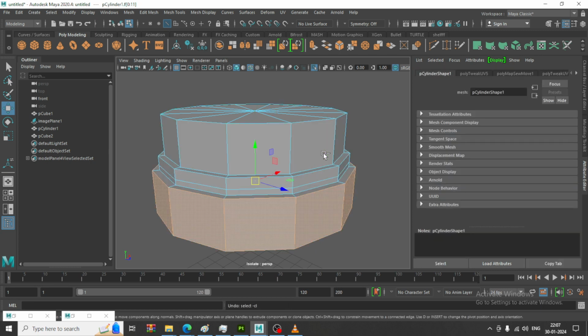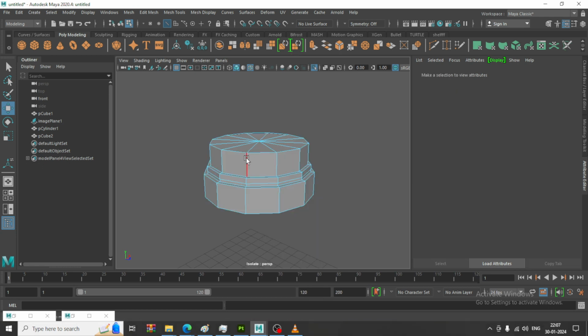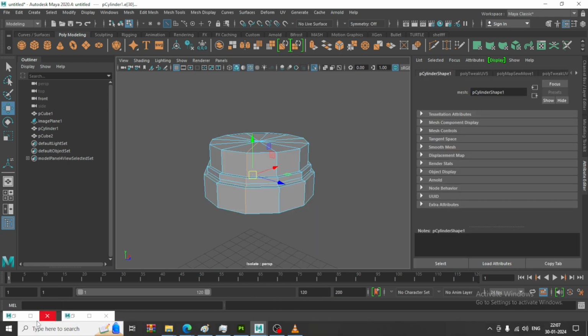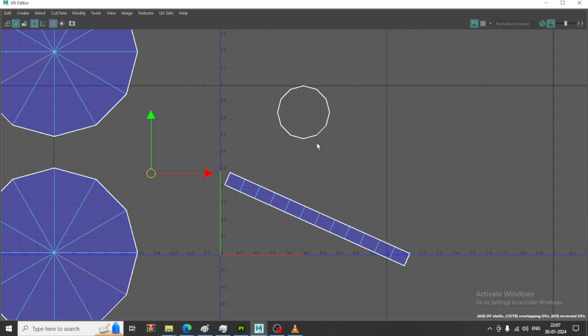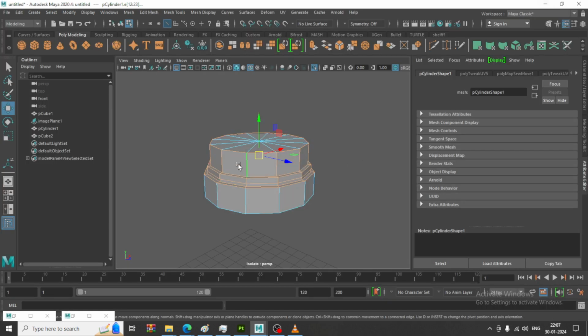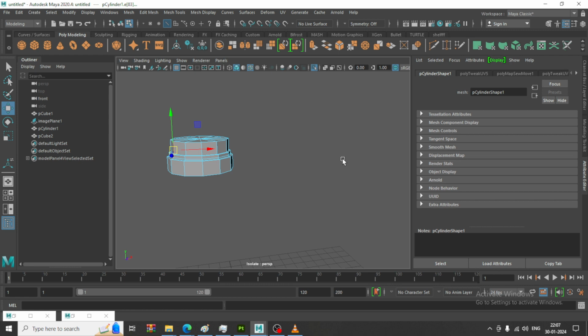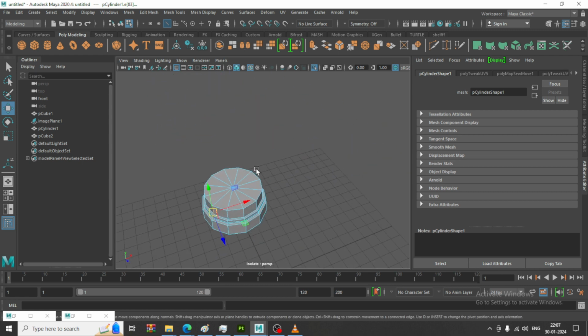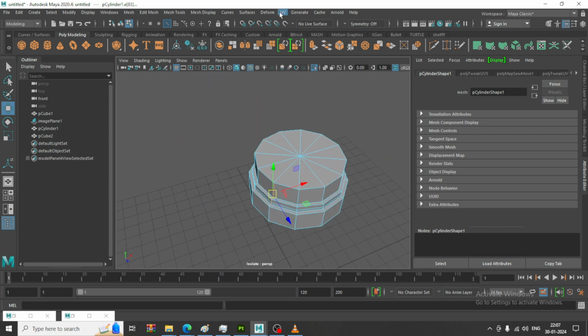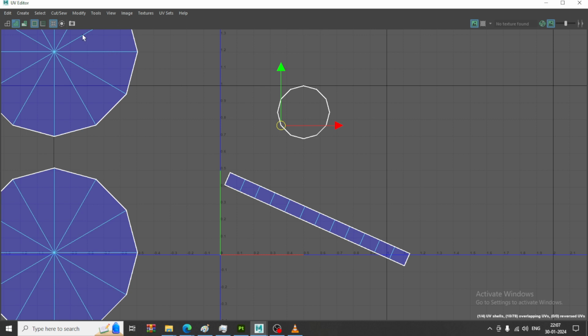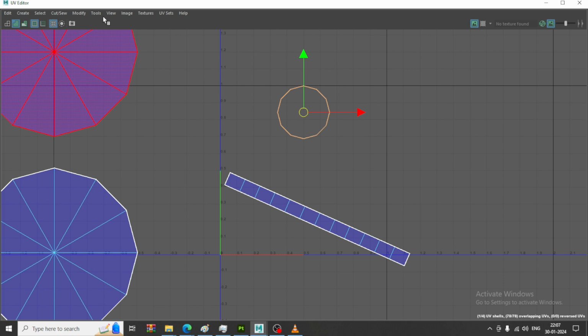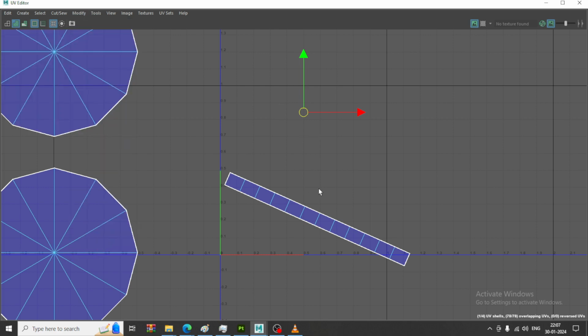Okay. Let's again go into this UV editor. Let's say cut over here, select this, unfold it,